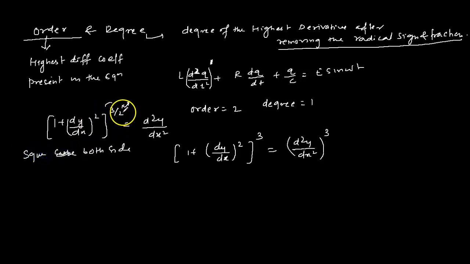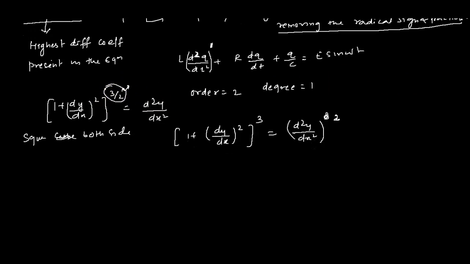Then I have to make this 2 cancel, so we have to make the 2 cancel here. So you square both sides. This becomes 2, and the 2 cancels here, 3, and this becomes a square only. Getting it? Yes. So this fraction which is given, this 3 by 2, we want to remove it. You have to make it integer values.